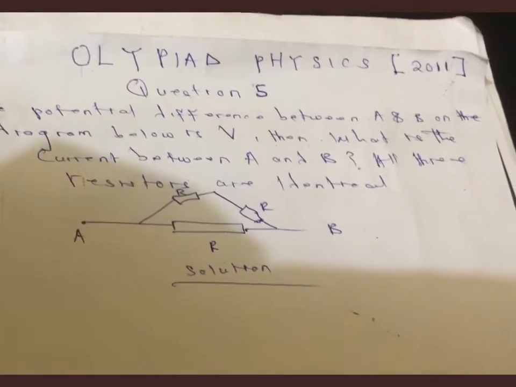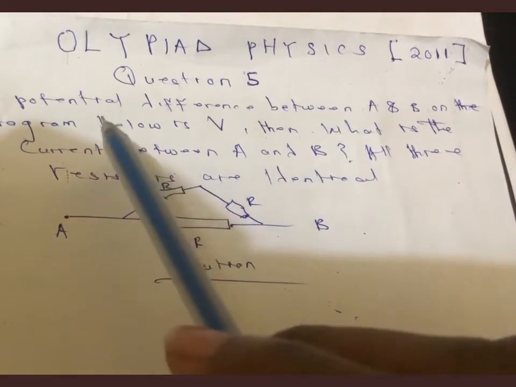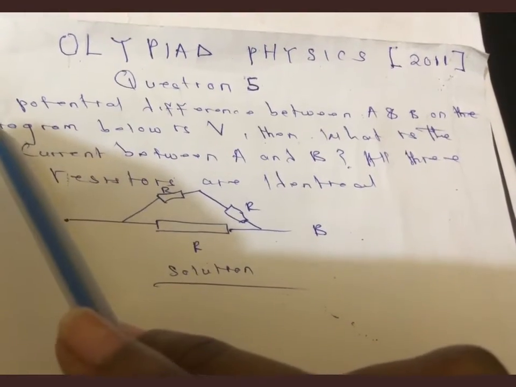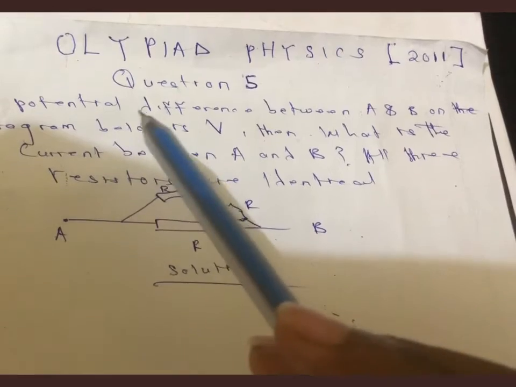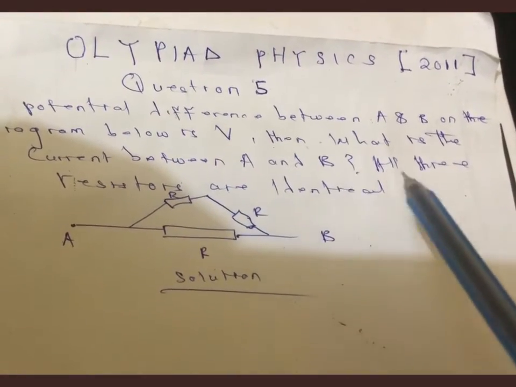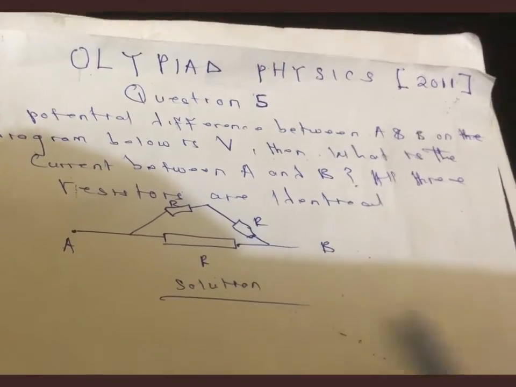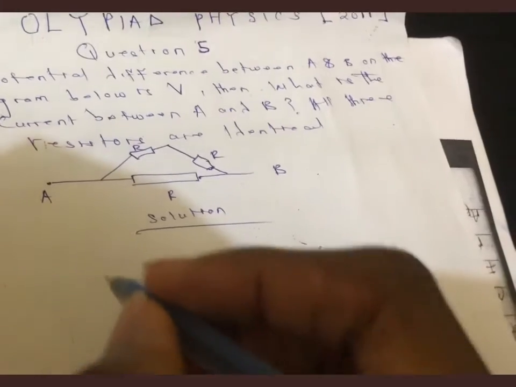Good morning. Now, this is an Olympiad physics question, and the question is: if the potential difference between A and B on the diagram below is V, then what is the current between A and B? All three resistors are identical, so it means